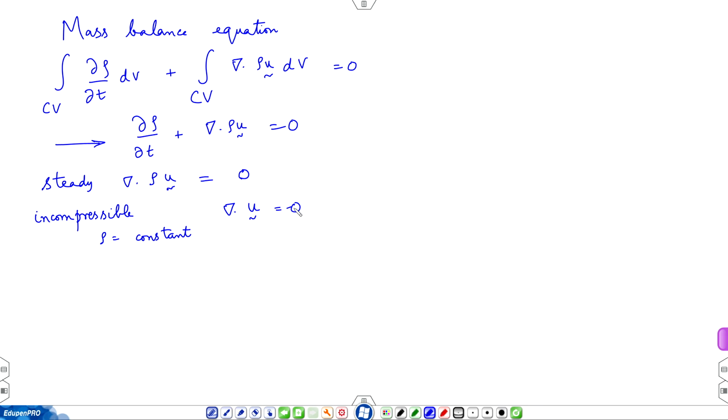Like we discussed last time, this equation is in coordinate free form. If you want to apply analytical tools for solving this equation, then